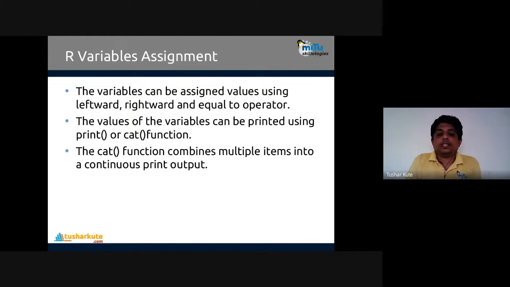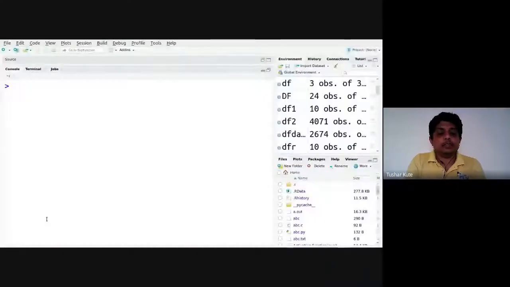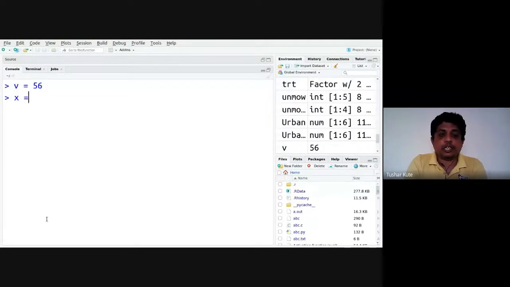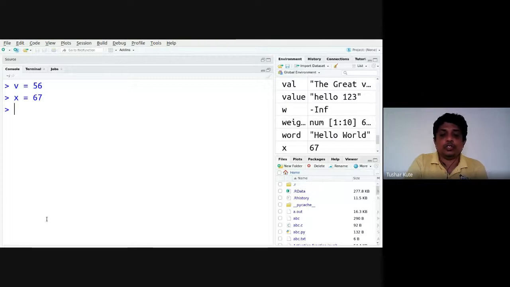To print something on the screen, we use functions like print and cat. Let us see how we use the print and cat functions, which we apply in almost every kind of R program. To declare the variables, for example, v is equal to 56, then x is equal to 57, and to print this variable I'll use the print function.